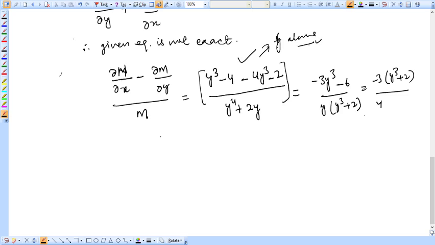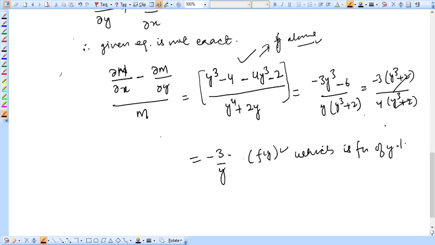Therefore it is pretty easy to see that rule 4 is applicable here. The y cube plus 2 cancel, and it is equal to minus 3 over y, which is your f of y. So now since this is a function of y alone,